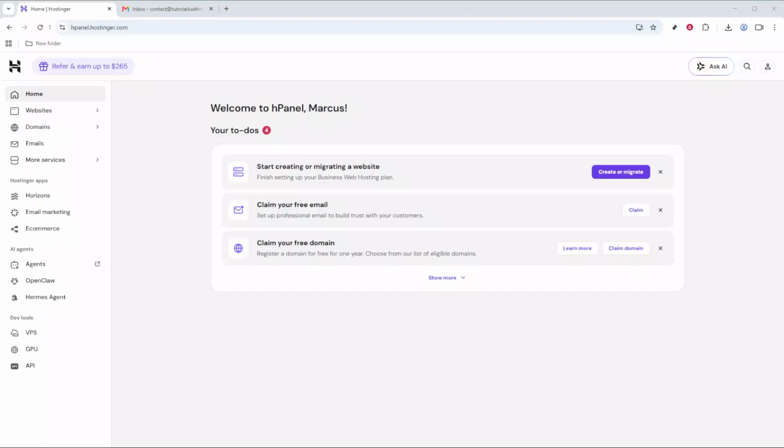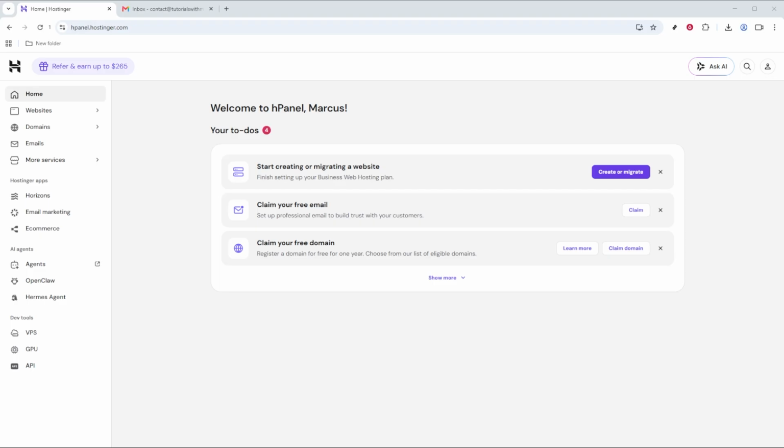In today's video, I'm going to teach you how to give access to manage your Hostinger account. We're going to walk through the account sharing process inside Hostinger so you can safely let another user help manage your account without handing over your login details. This is especially useful if you're working with a developer, assistant, or team member and want to control what level